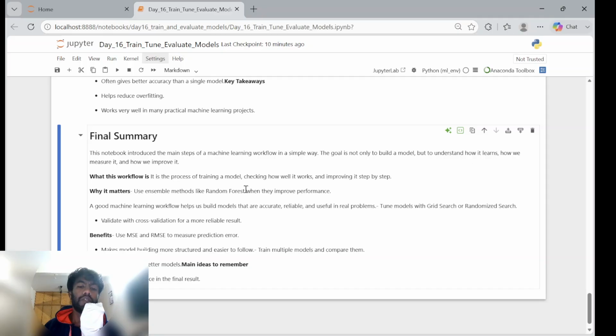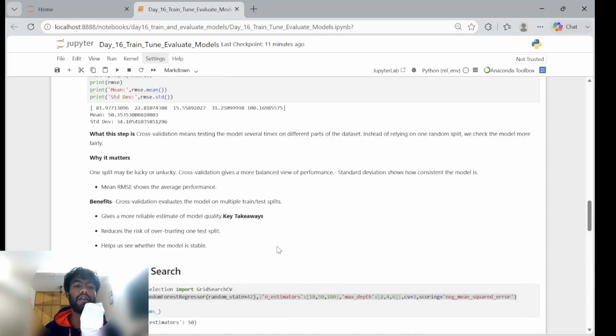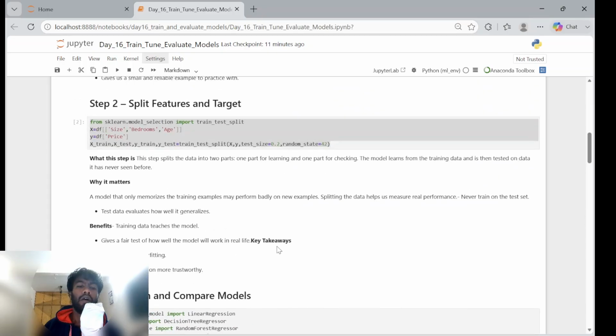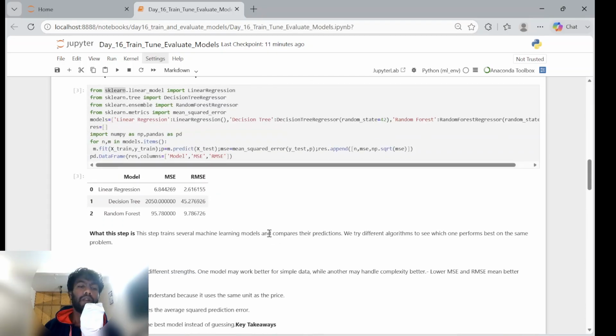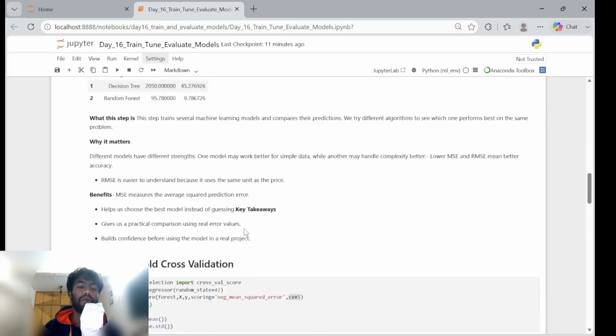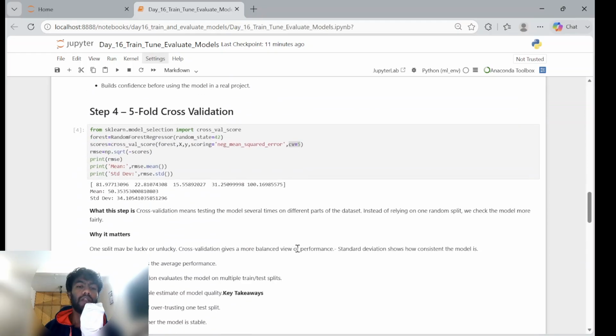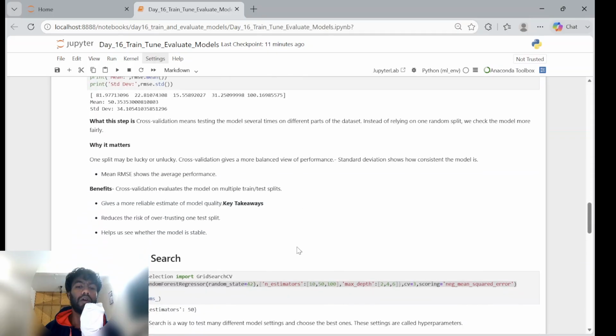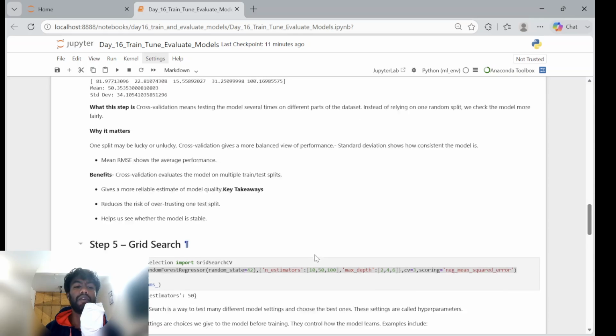Random forest is obviously the best one, where decision tree is slightly less compared to random forest, but much better performing than linear regression. And there are techniques like we can evaluate the models with RMSE, root mean squared error, and we have cross validation technique to improve the model's testing behavior